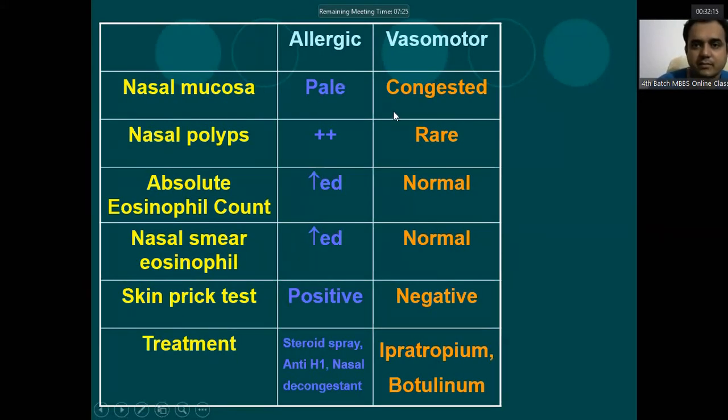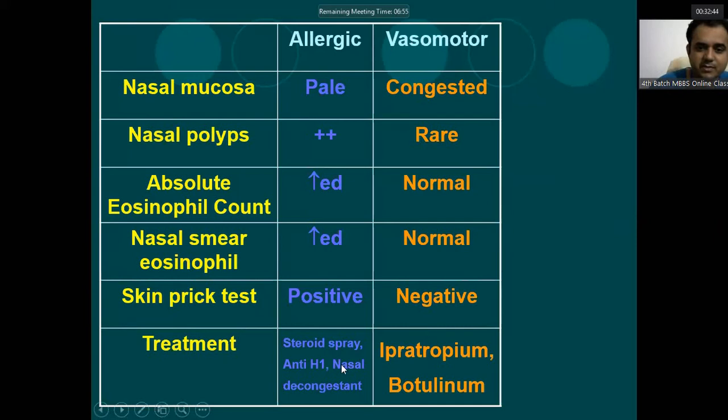Similarly, nasal mucosa in allergic rhinitis is pale or bluish and boggy, but here it is congested. Nasal polyps are quite common with allergic rhinitis, but here they can be present, right? Eosinophil count is normal in vasomotor rhinitis, but in allergy it is increased. Nasal smear eosinophil is increased. Skin prick test for allergens: because vasomotor rhinitis is not allergic, the skin prick test is negative,